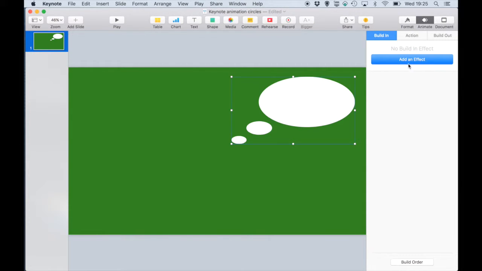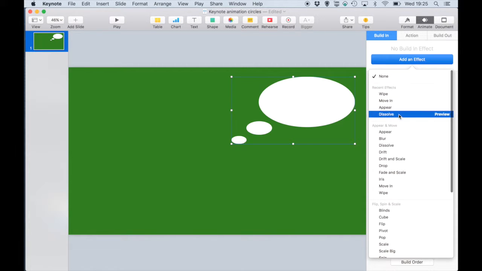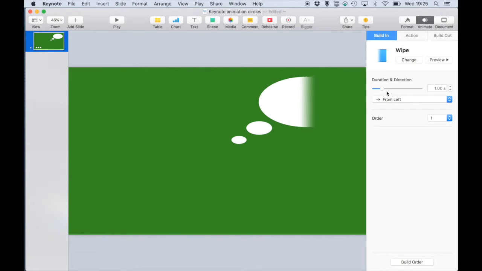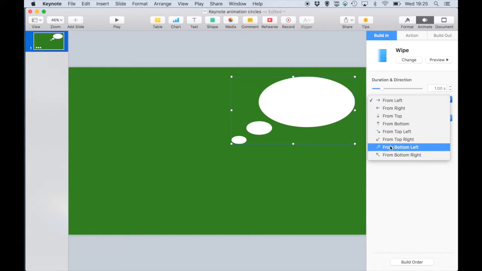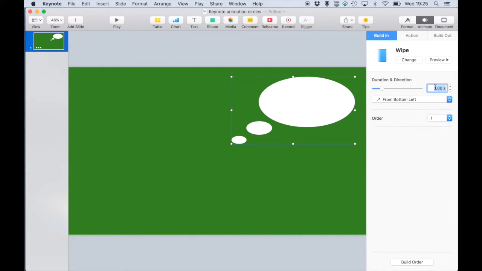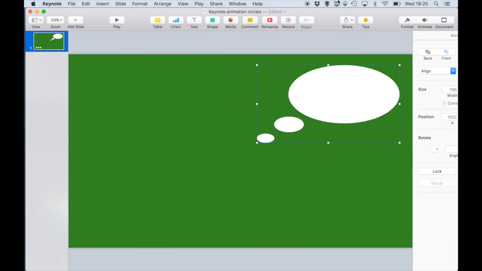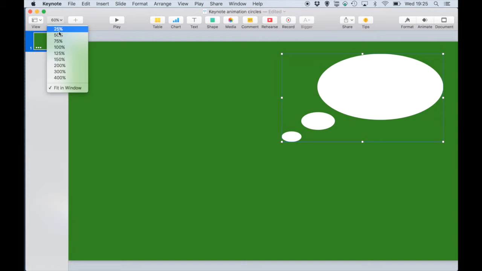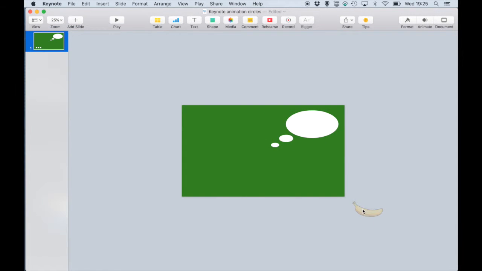And next I'm going to animate it to make sure it comes into the screen brilliantly. So this is just a simple wipe, but I want it to come from the bottom left so it sweeps up. And I want it to come over a few seconds so I can change the duration. Now that I've got that, I can shrink it down in size,